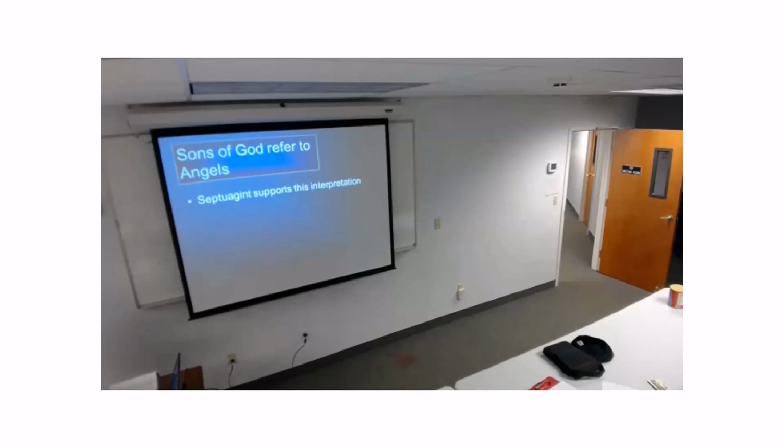So here is all the evidence for that. The Septuagint, the big translation of the Hebrew Old Testament, calls them angels. So that's one reason for it. The second is, look at the book of Job, chapter 1. It talks about the sons of God in heaven, and it is actually talking about angels there, so they're used synonymously. The objection might be, well, angels in heaven don't marry, so how could they have married? And the answer would be that these angels are not in heaven. They have some physical corporeal form while on earth.